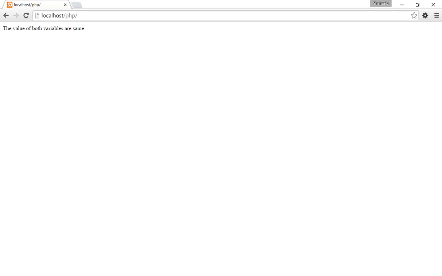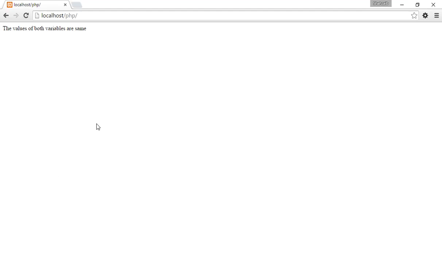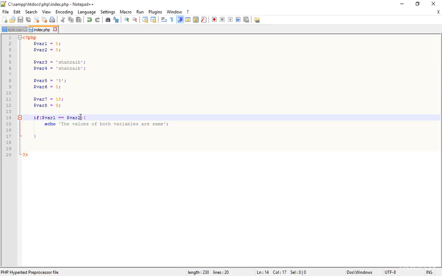Now the values, actually there should be the values, not simple value. So this is not actually a programmatical mistake, by the way. Now everything is fine as you can see, but here I'm just typing, for example, I just want to get two different conditions and then their results. For example, this is okay that var1 and var2 is right or is equal, but I want to